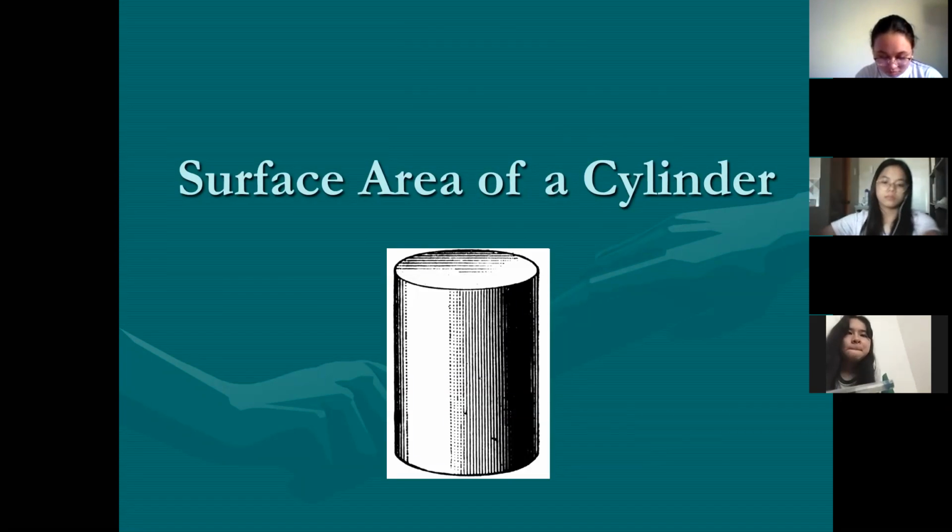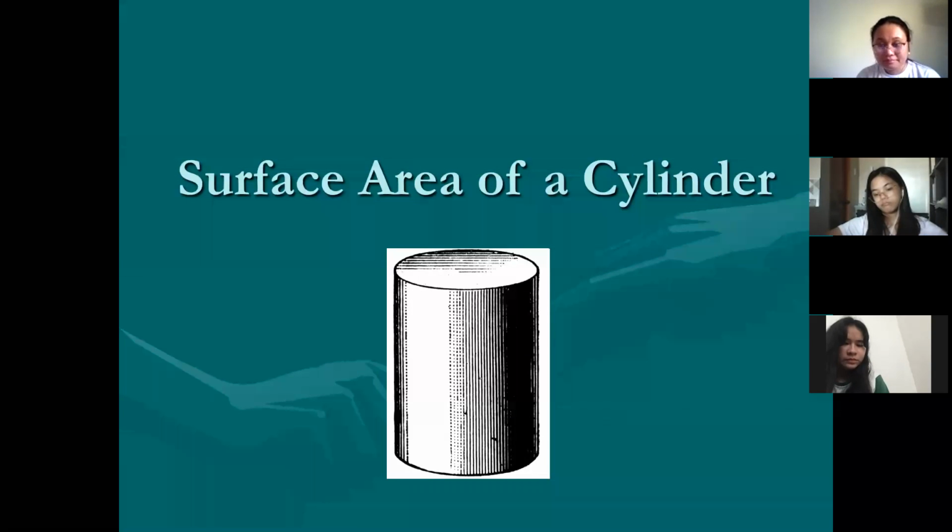For cube, there's no cube given. There is just a formula given to you there. 6s squared. Find the area of one square. And then since in a cube there are 6 equal squares, you'll just multiply the area of one square by 6. Thus, the formula for the surface area of a cube is 6s squared.